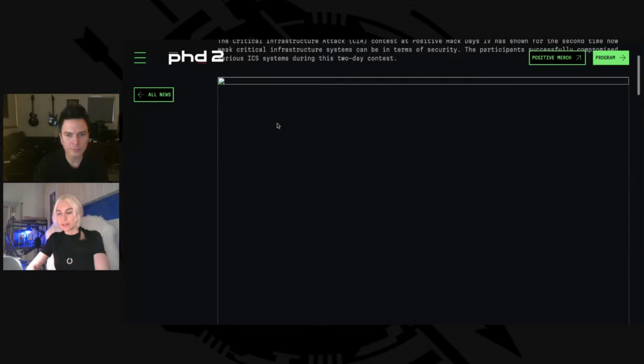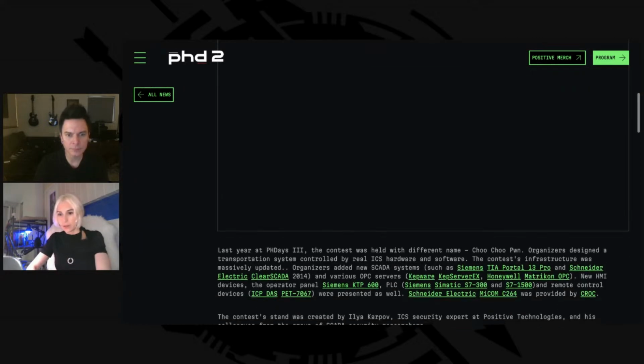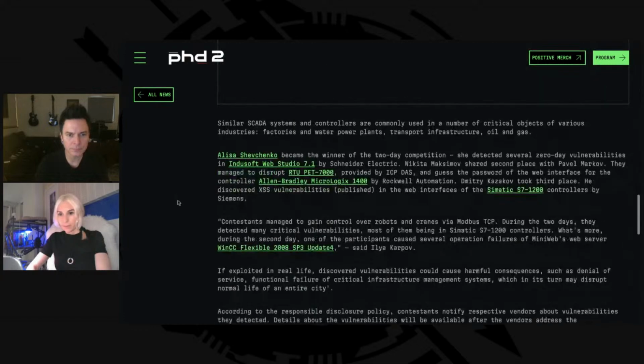Basically, they had this artificial mock-up of a critical infrastructure with various industrial systems, and they had software installed that controlled it. And the goal was to find 0-days and to attack this software with 0-days. I participated, and I was able to find vulnerabilities in Soft Web Studio.